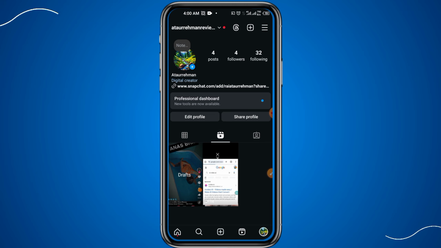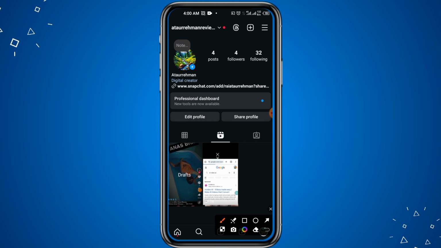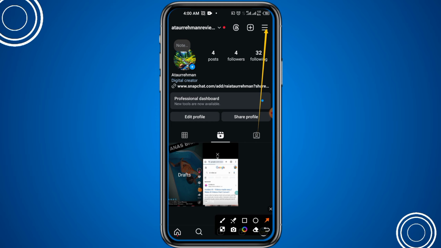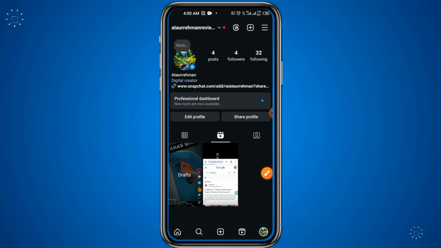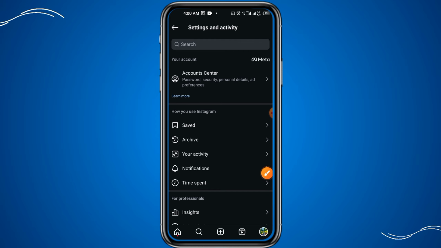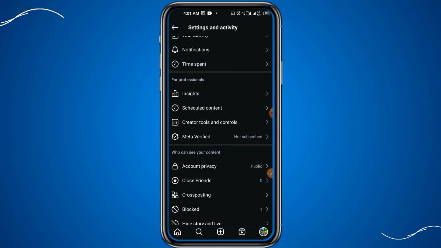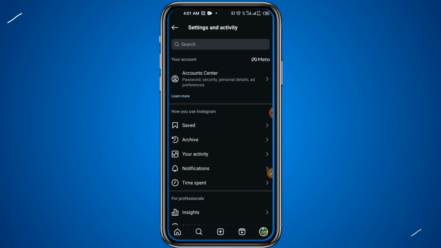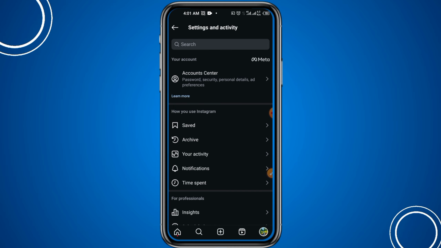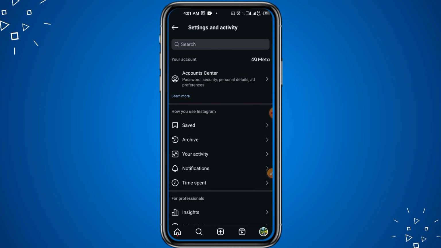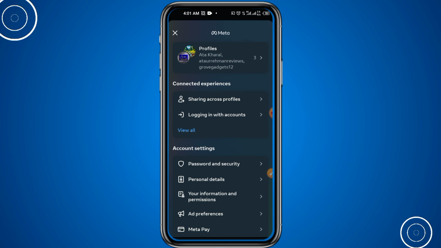First of all, you have to open your Instagram profile. After that, you have to click on the top right three lines. After that, scroll down and click on Account Center at the top. When you click on this Account Center button, now scroll down